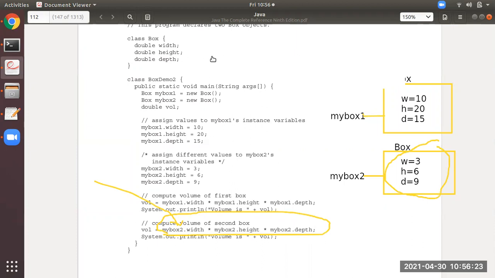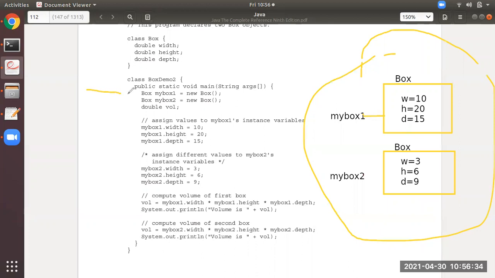I'm going to clear all my drawings now. So what I'm saying is, this part will be created with the help of these two statements. Remember this. And the variables inside this, width, height, depth, width, height, depth, are assigned with this part. The values are assigned with this code. Okay, I hope you all have understood this. Now I'm going to remove these drawings. If you want to take down the screenshot, you can.